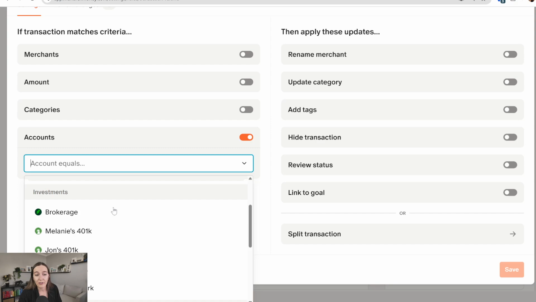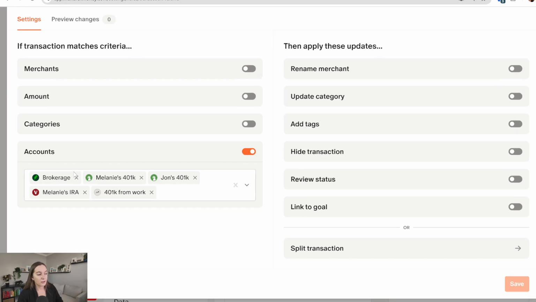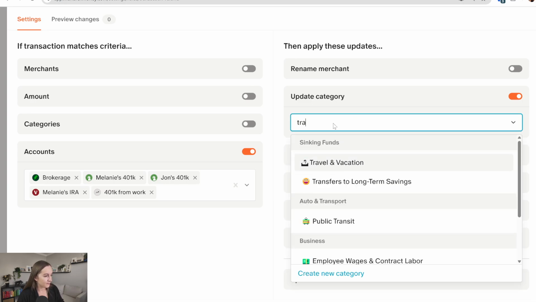And I would just say all your brokerage accounts, all the investment accounts where you do not need to see buys, sells, dividends, and interest. If these are transactions you only care about when the money leaves the account for you to actually budget and spend, then you can absolutely set up this rule for yourself. And what you would do is either update the category so it is a transfer,